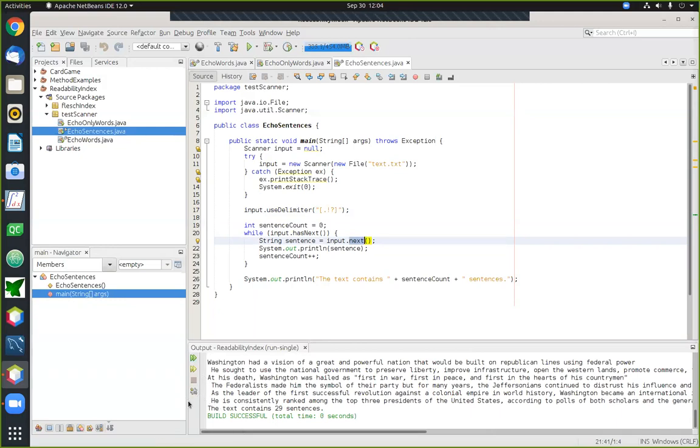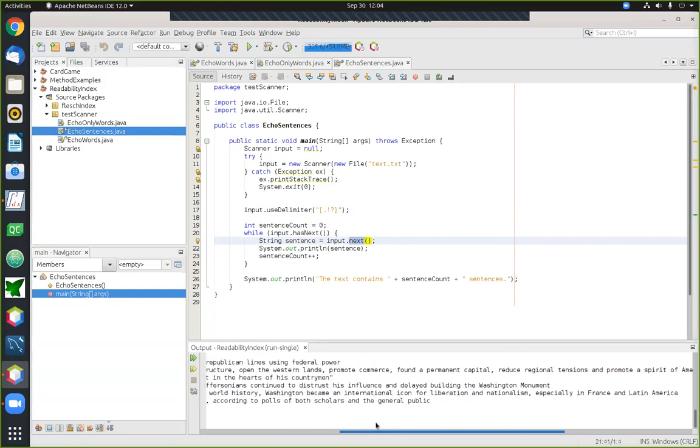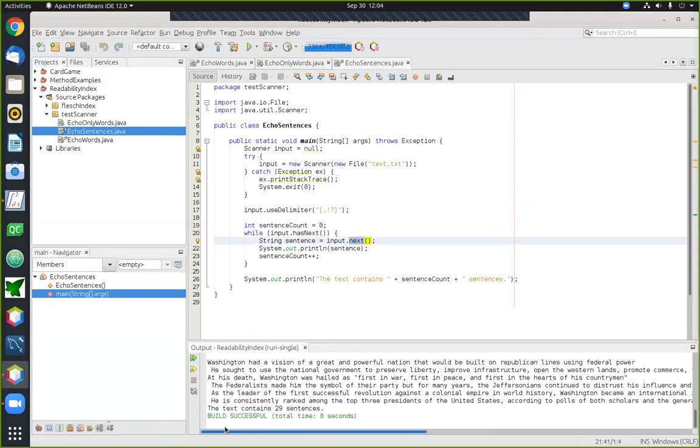This is a little bit hard to interpret because this text is a little bit complex, and a lot of the sentences in this text are fairly long. Some of these sentences are so long that they actually span multiple lines of the output here. Okay, and one of the other things that I do along the way, beyond simply catching the individual sentences, I actually make a count of them as they go by, and at the end, it prints a little message telling me how many sentences there were. So this process was able to count the text and say, this text had a total of 29 sentences in it.